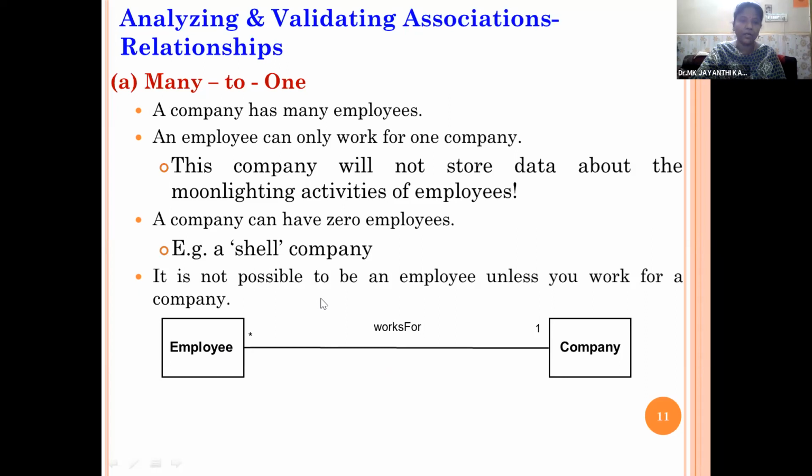A company can have 0 employees. And it is not possible to have an employee unless you work for a company. So the relationship between employee and company is many to one. So we'll use star for many. One means only one.